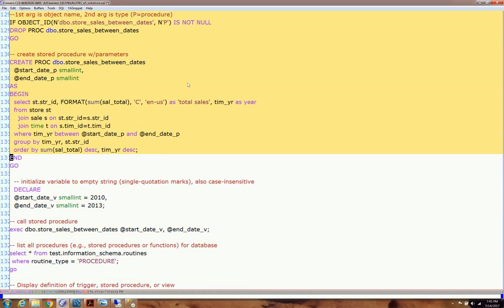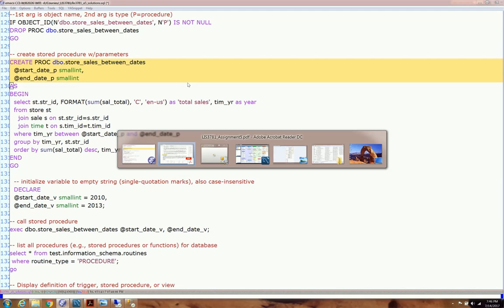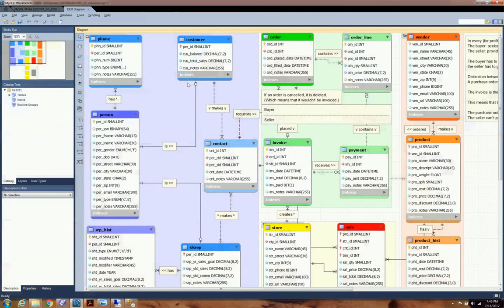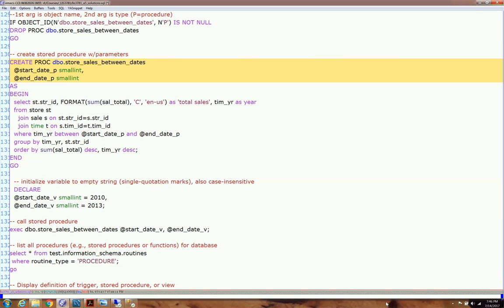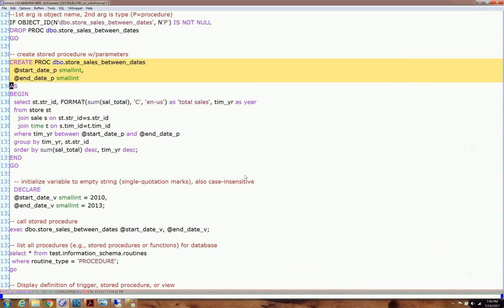I have a store procedure. You could probably guess right now pretty quickly that it takes 2 parameters. The name is store sales between dates. It takes 2 parameters. They're both small int. Why? Because we made the date here in SQL Server. We made the date for our sale table to be a, what is that? Yeah, we're passing a small int because our